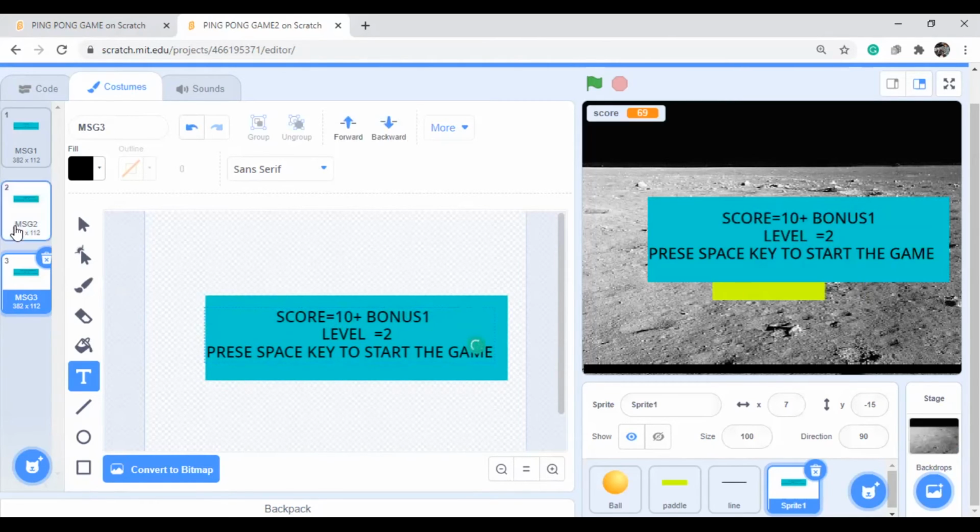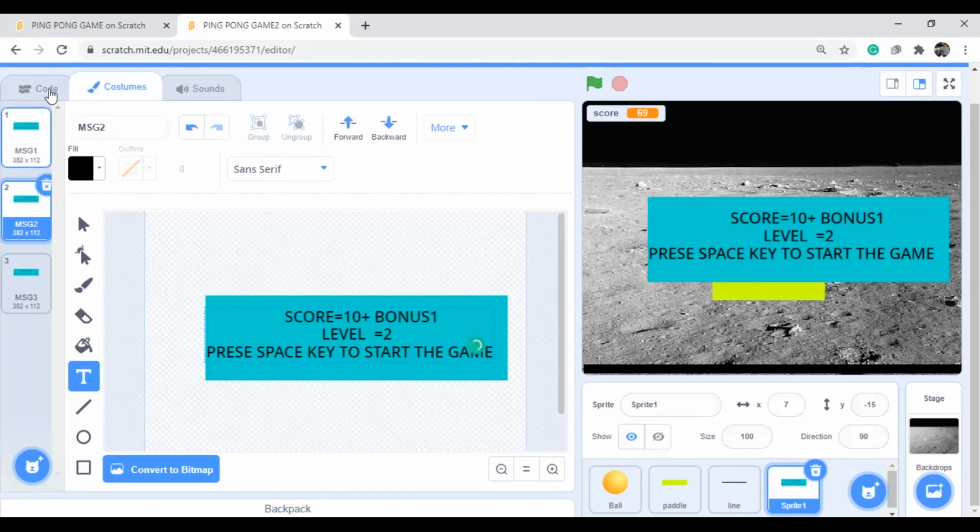And in level number 3, the score is 20 plus 1 and the level is 3. Okay, I think this is enough.